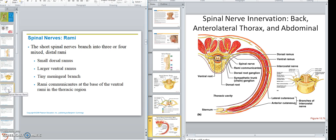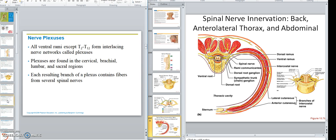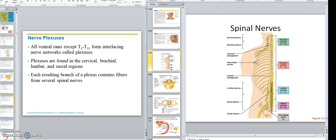All right, let's see where we are over here. So we have these plexuses. Now, I'm not going to get into the plexuses much, because these things can get complicated. A plexus is basically a bunch of nerves coming together to go to something. So the cervical plexus handles a lot of the neck stuff, and some of the arm, but primarily the brachial plexus,